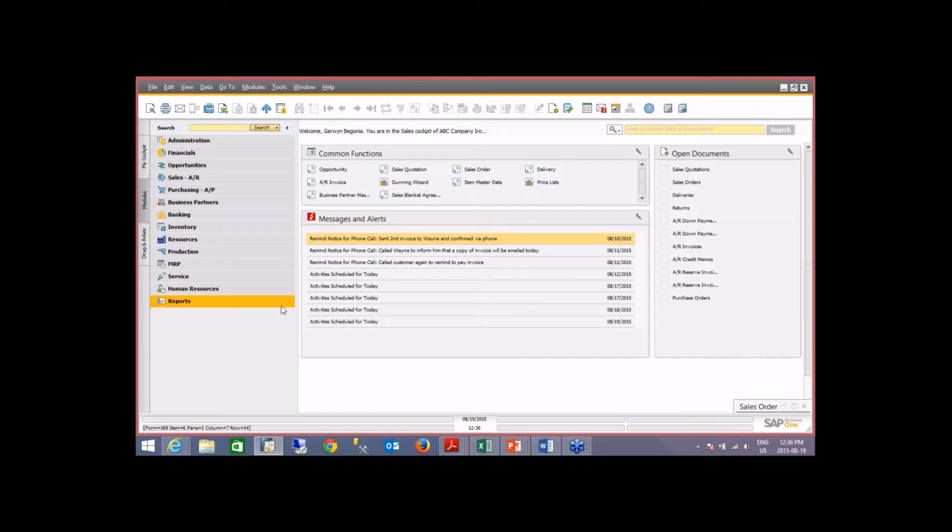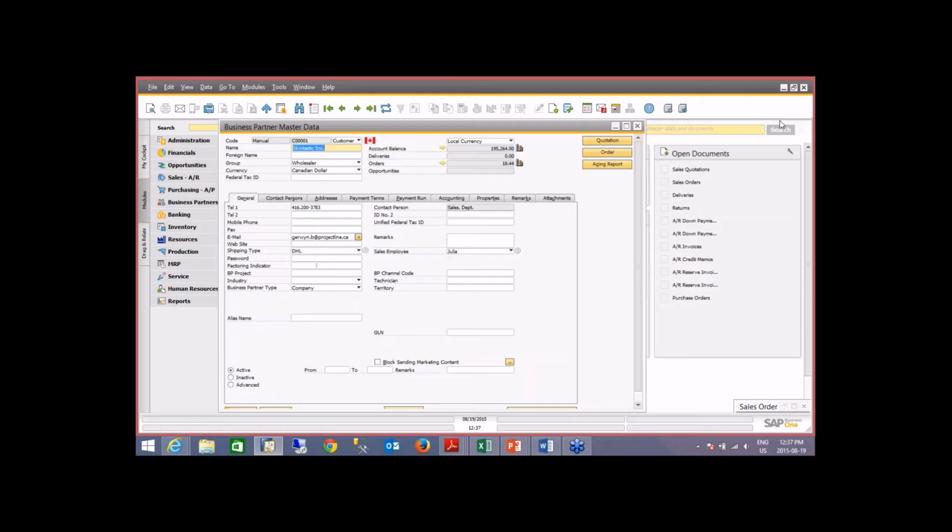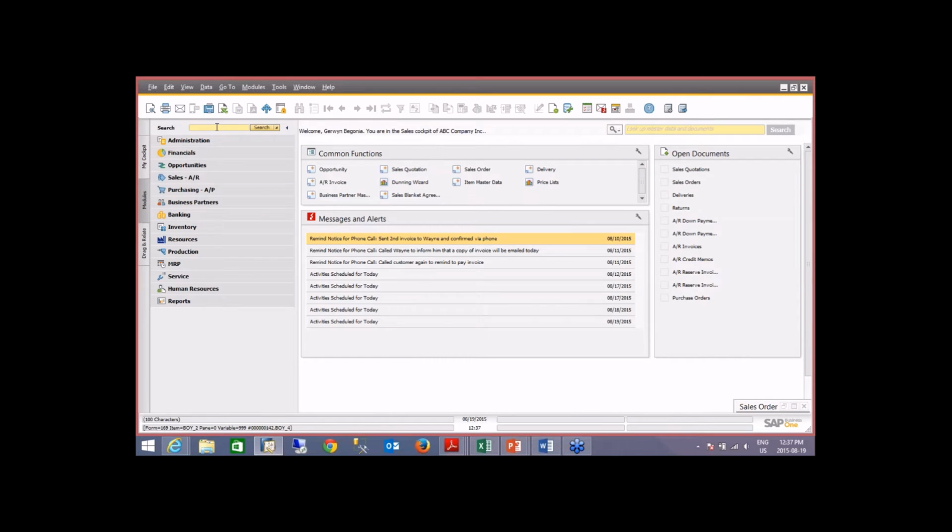Okay. So the first thing you might notice here is we've got this B1UP search bar, but we've also got the SAP Business One search bar. So in SAP Business One, let's say, for example, I look up a customer, Skintastic. Now, when I click on search, all it's going to do is bring up the business partner master data of Skintastic, right? Now, if I type that in here, and click on search,